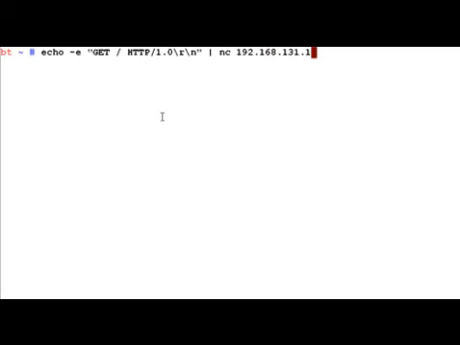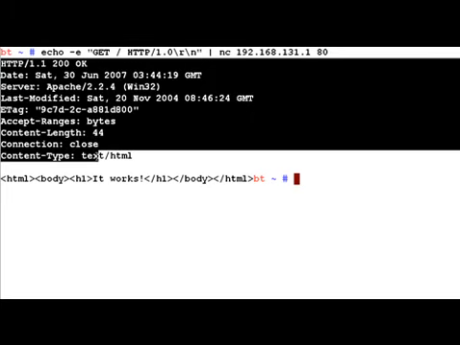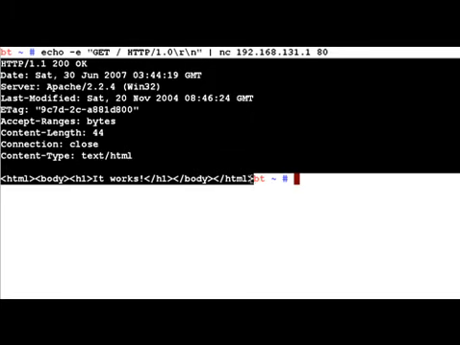Now what is going to happen is that as soon as Netcat connects to port number 80, it's going to send this string out. If you notice, now we've actually automated the HTTP request procedure.